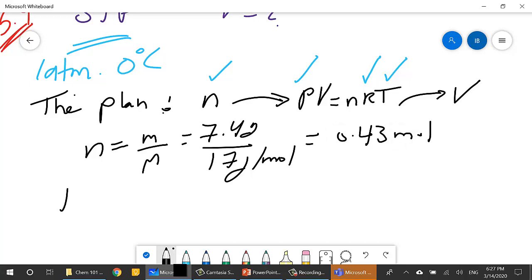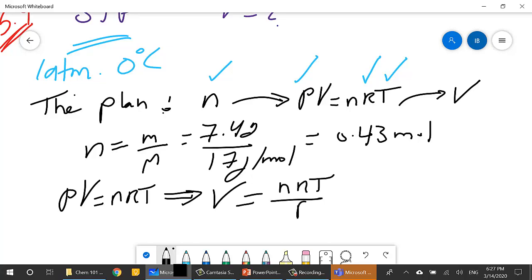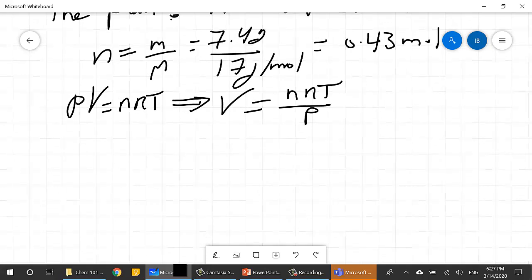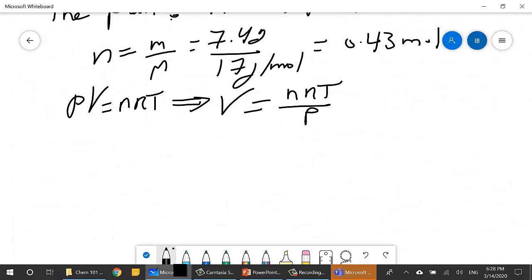So PV is equal to nRT. We're looking for the volume, which is again nRT over pressure, and that should be equal to the number of moles we obtained, which is the 0.43 mole,